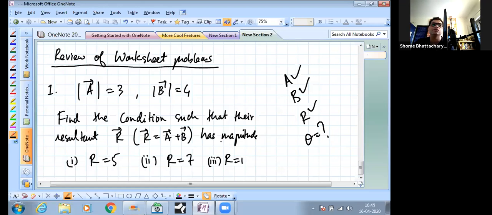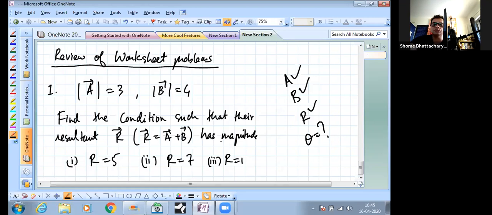So you don't even need to apply the formula which we've written above, which is the statement of the triangle law. Similarly, if you think about 7, what kind of relationship it has with 3 and 4, you understand that 7 is the sum of 3 and 4. So you go back to that triangle and think in terms of displacement. I'm making two displacements, one of 3 and then one of 4. But how should I keep the angle between them so that my resultant displacement is 7? So you'll realize that you should continue in the same direction. That means the angle theta should be 0. And like that, you'll come to the conclusion for the third part also. And you can work it out that way.